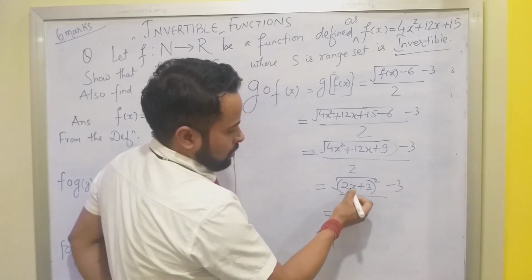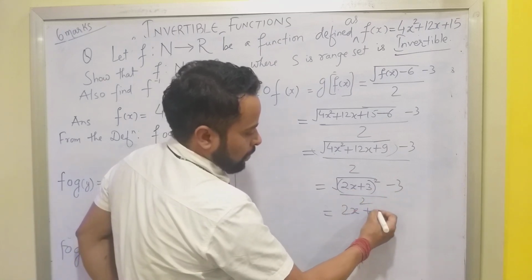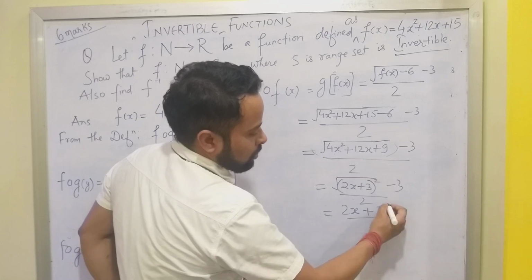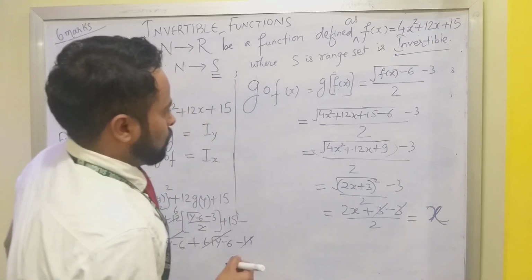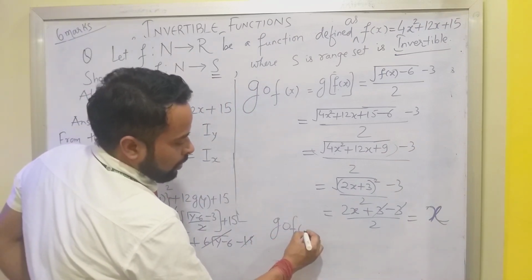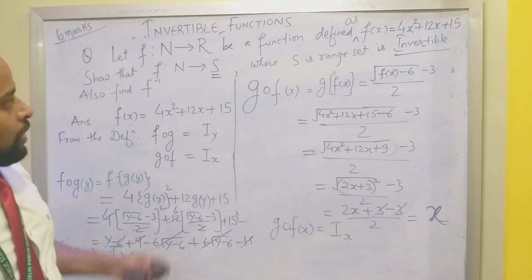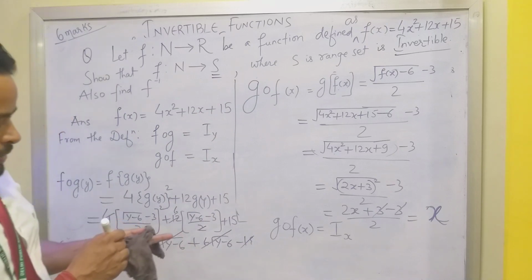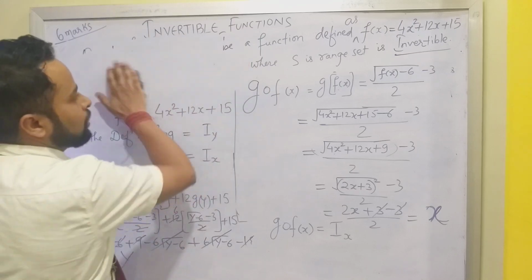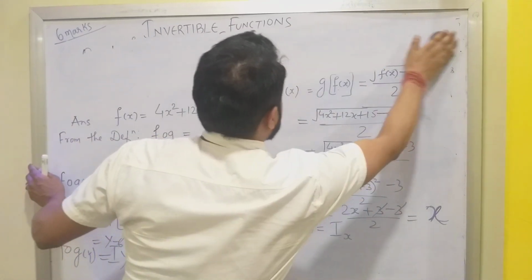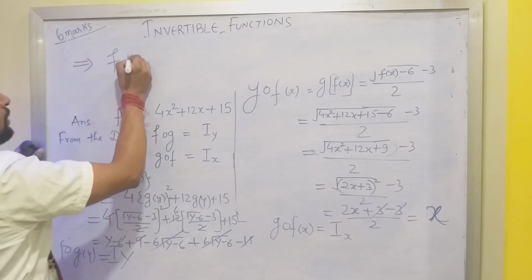So if square and root get cancelled, I get 2x plus 3 minus 3 by 2. So 3 gets cancelled. It is x, not 2, it is x. Yes. So g of f of x I am getting as x, that is the identity element of the domain set, which implies f is invertible. Final answer: f is invertible